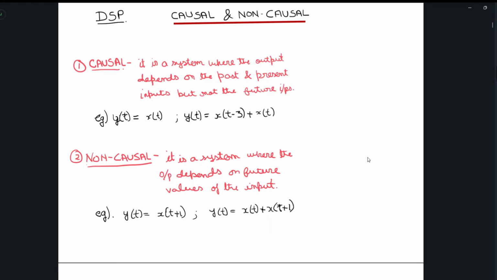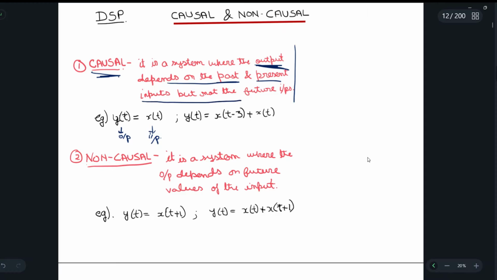Hey guys, so today we are going to start with causal and non-causal systems, and this is in continuation with the DSP course. First of all, we are going to see what a causal system is. It is a system where the output depends on the present and the past inputs but not the future inputs. That is, I've written examples: y(t) is the output and x(t) is the input. So the output of the system only depends on the past and the present inputs but